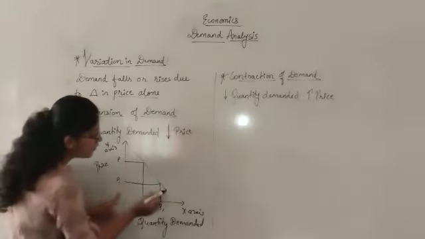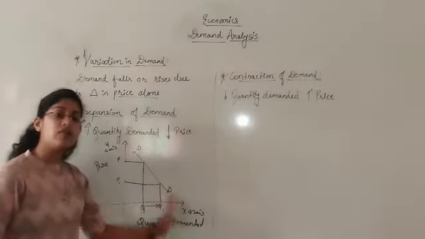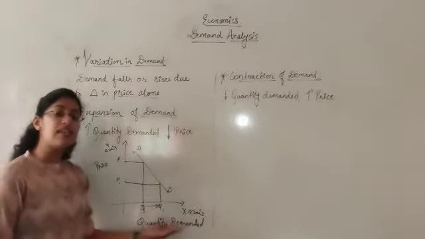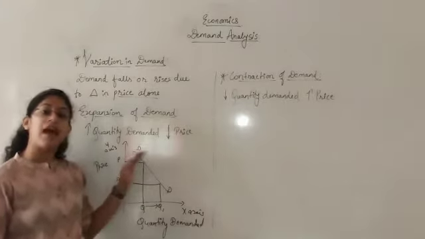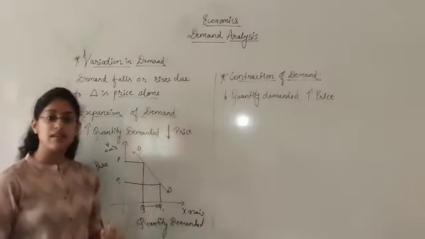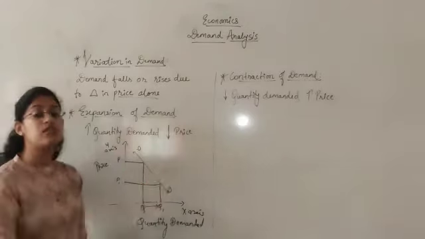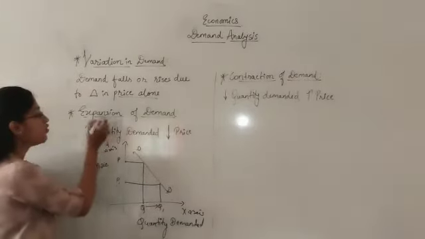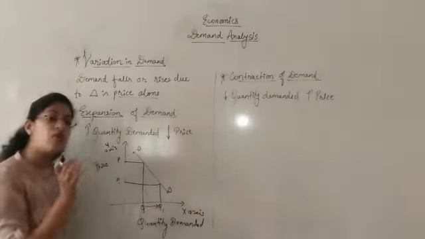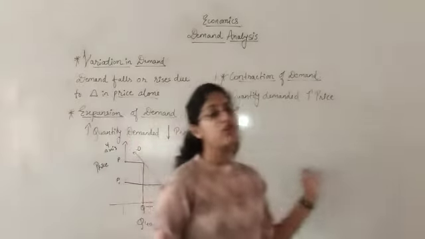So the demand curve here, you can say, that is the BD curve, is sloping downwards from left to right. Why? Because the quantity demanded has increased, and what is the reason? Price has reduced. Okay, price is low, therefore quantity demanded has increased. So the demand curve has moved ahead, it has shifted towards the right side. Okay, so this is what is meant by expansion. What has happened in quantity? Expansion has happened. Okay, now we will see contraction of demand.